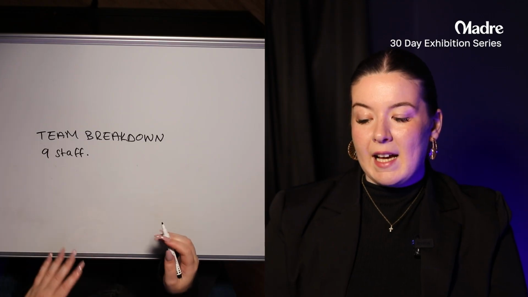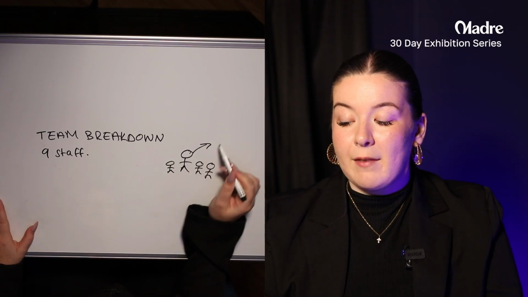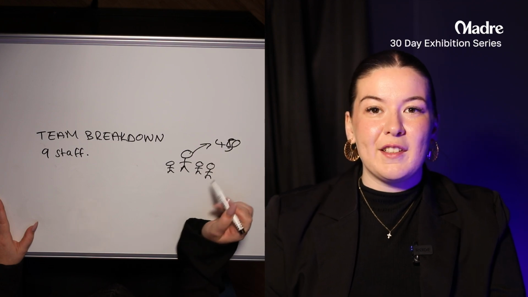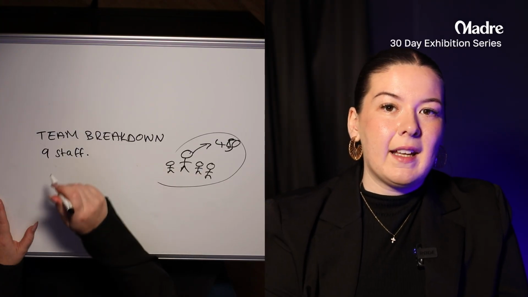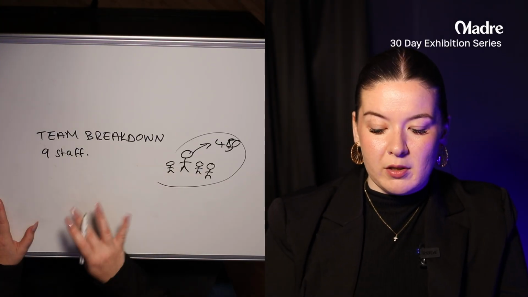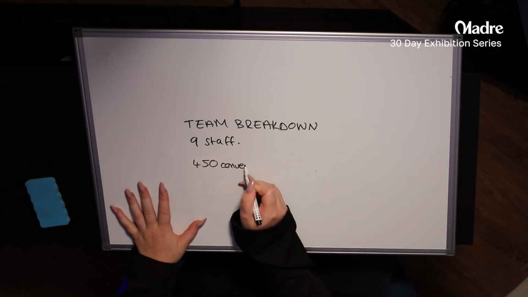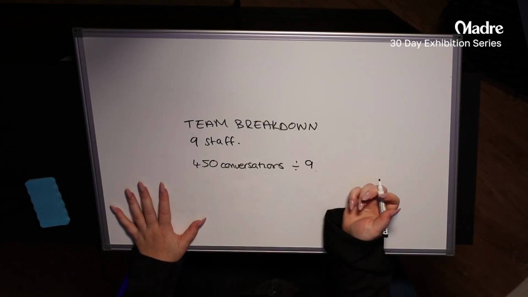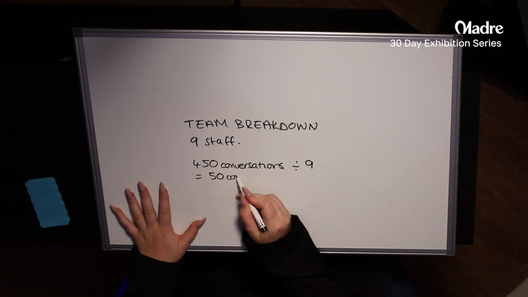What you don't want is to have a disproportionate team, right? Where one person is doing the majority of the legwork, everybody else is kind of sitting back, and this person is having to have those 450 conversations while everybody else is just dilly-dallying. So it's important that we keep everybody equal and that the 9 staff have their individual numbers. This is how we would do that. Based on the numbers that we have, we know that we have 9 staff members. So those 450 conversations, we're going to divide by the 9 people that we have on the stand. And that is going to be 50 conversations each